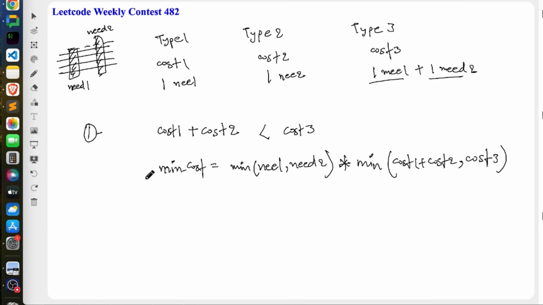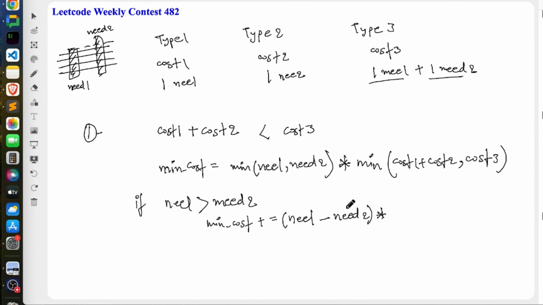Now for the remaining one, just check which one is maximum. Either need 1 is max, so if need 1 is greater than need 2, in this case need 1 is more, so here your minimum cost plus equals whatever the remaining value is, that is nothing but need 1 minus need 2, into